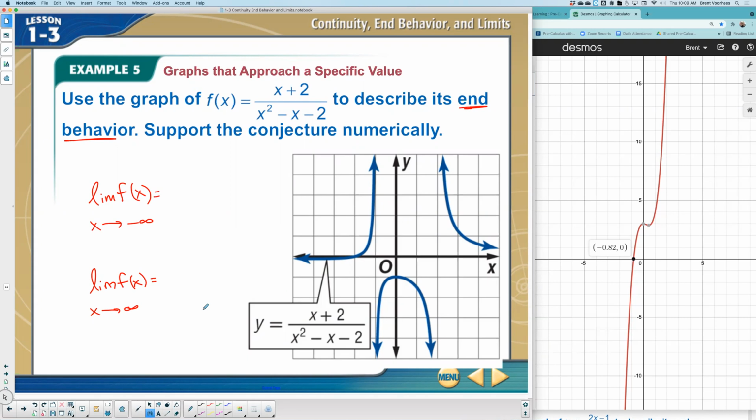Now, there's 4 options to any graph. The graph will either move forever to the left going up, move forever to the left going down, move forever